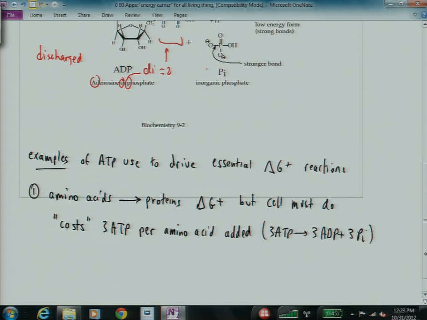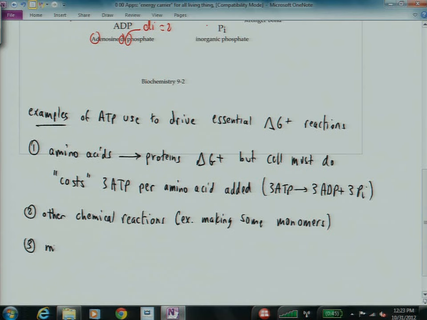Other examples, it turns out that other chemical reactions, so, for example, making some monomers, it takes ATP to do that. And also, as I said above, moving your muscles, right,